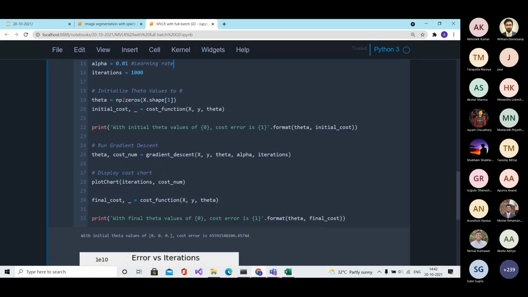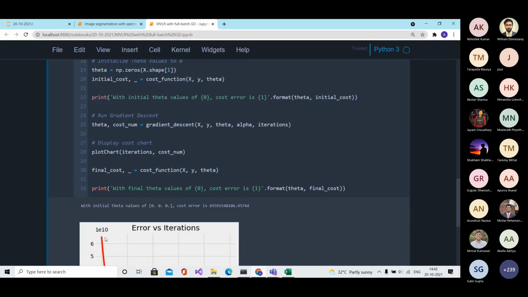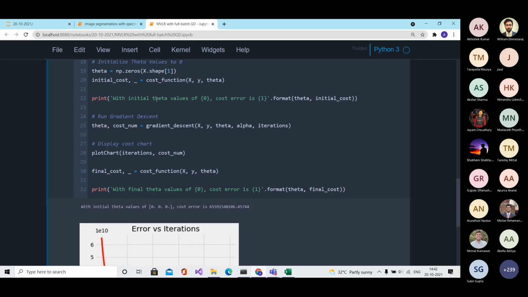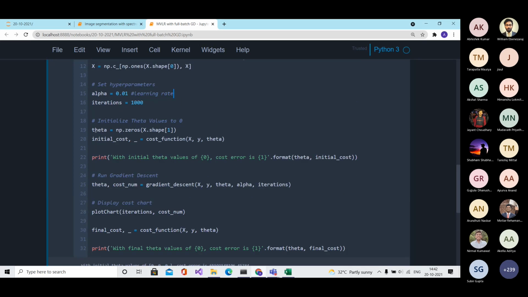So once you do that, then we just check what is the parameter vector. In this, I have assigned it as all 0. The parameter vector is assigned as all 0. One more type of initialization can be from a certain random distribution, maybe from a normal distribution or a uniform distribution, which can also be done.